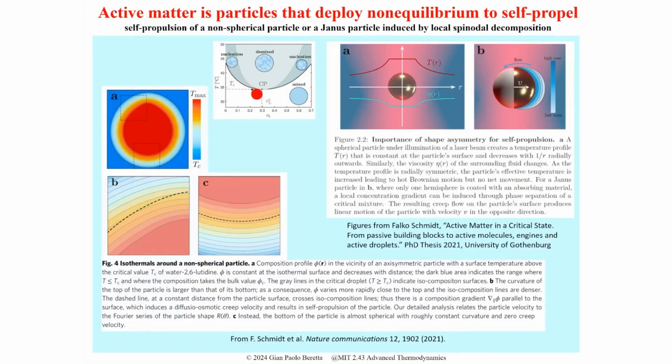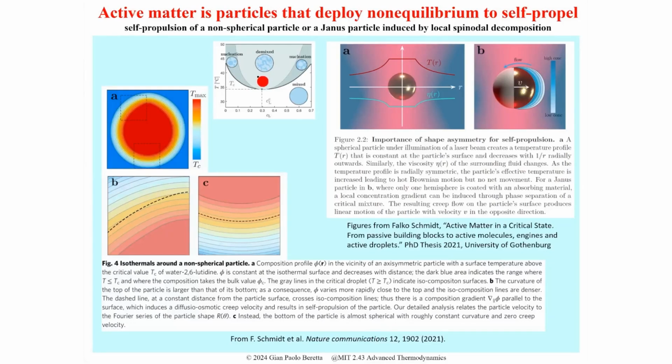In any case, the idea is that you start, I mean, the blue mixture, which is surrounding the particle, is at this point. So it's fully mixed. And then, since you heat up the surface of the particle, in this boundary layer around it, the temperature goes up and you enter into the